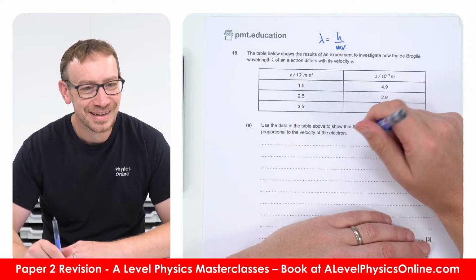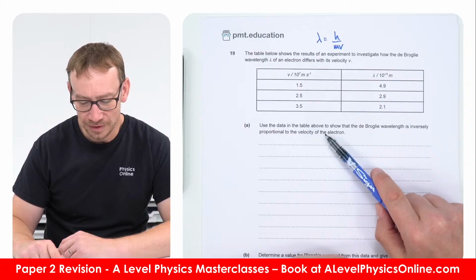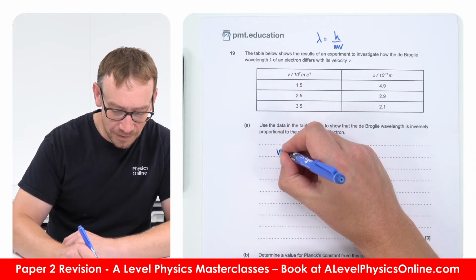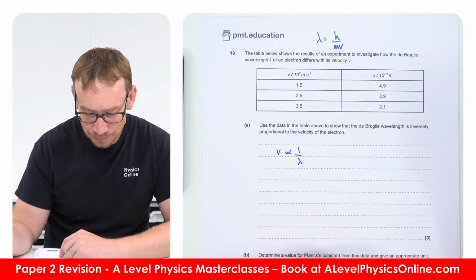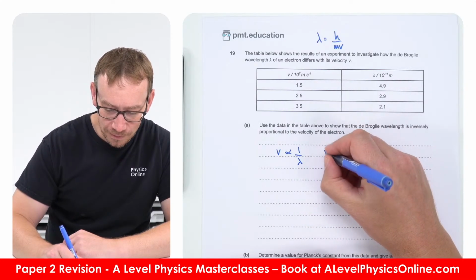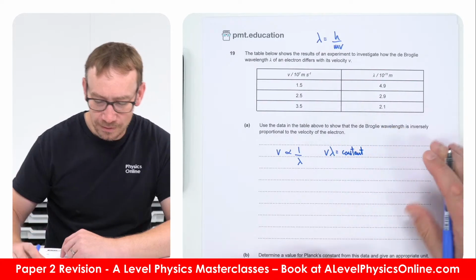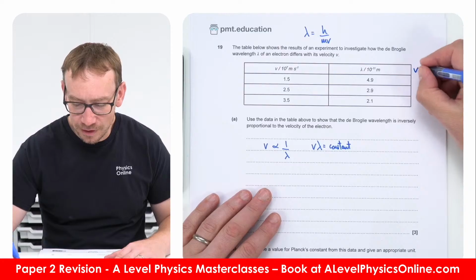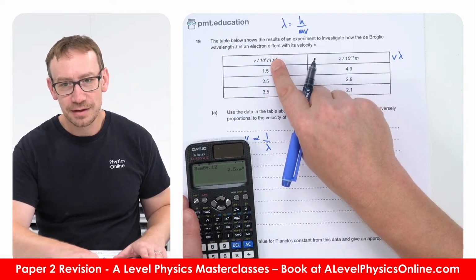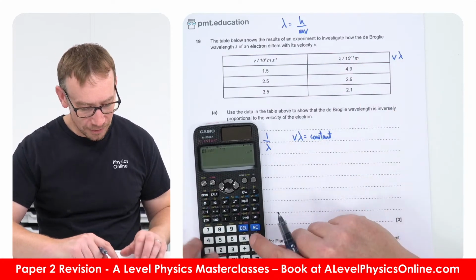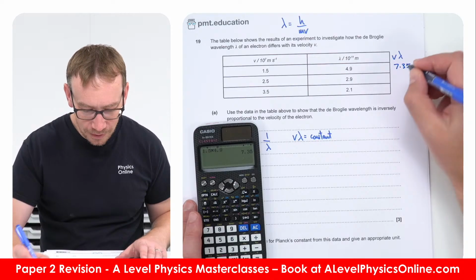Use the data in the table to show that the de Broglie wavelength is inversely proportional to the velocity of the electron. So we need to show that v is proportional to 1 over lambda, or vice versa, and therefore v lambda should be equal to a constant value. So what I'm going to do here is add another column for myself, which is going to be v lambda. Now they're all 10 to the 7, they're all 10 to the minus 11. So if I just multiply the numbers together, that's 7.35,